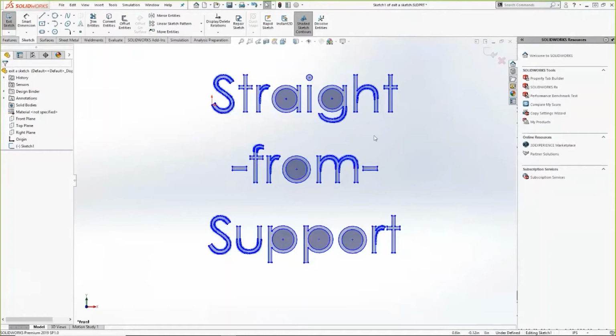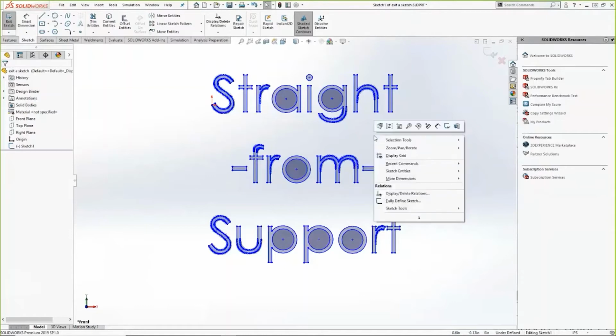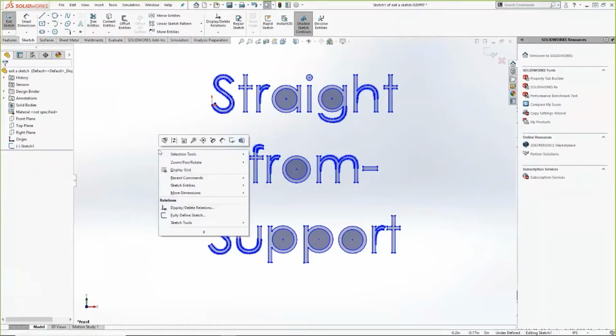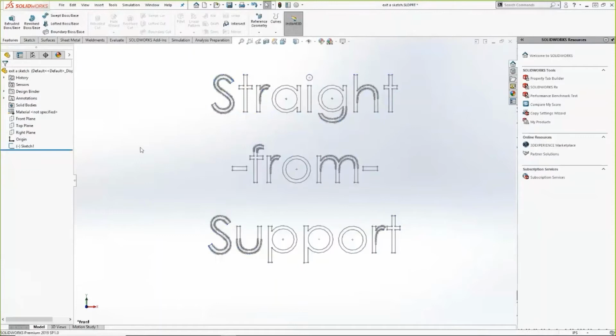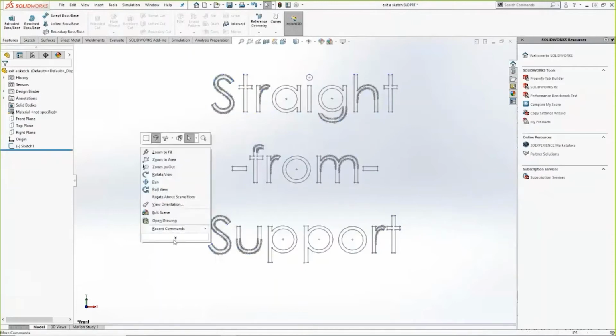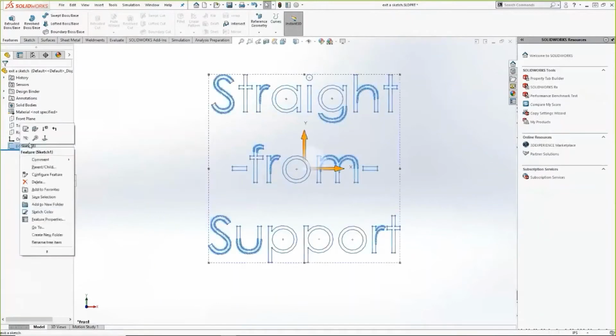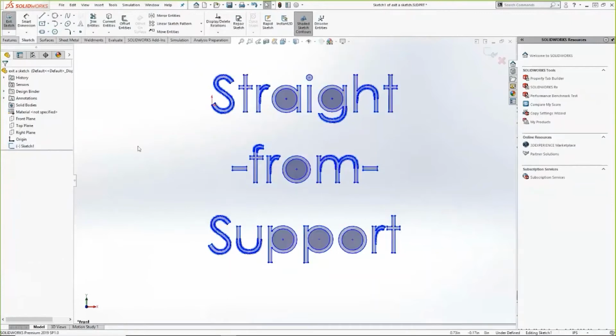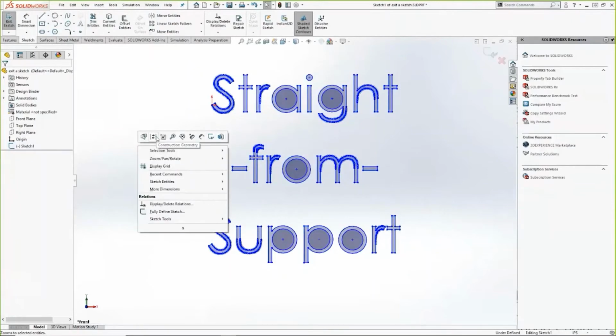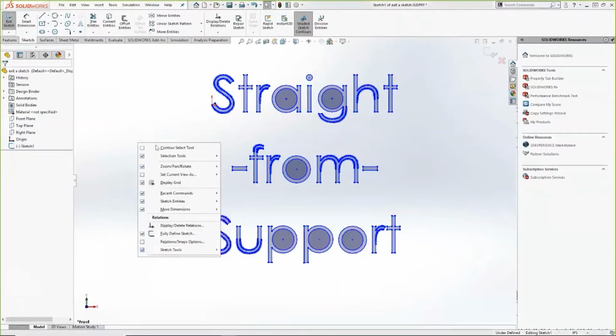The other thing we have, and it's similar to the shortcut bars, are right-click menus. So if you just right-click anywhere in the blank space, you have a menu that pops up here. One of the options there is to exit the sketch. What you'll notice is, let's right-click, edit the sketch. This kind of copies the feature from our shortcut bar, and we can customize this bottom menu if we need